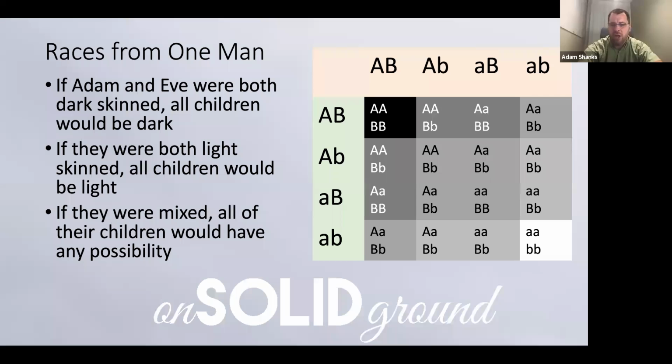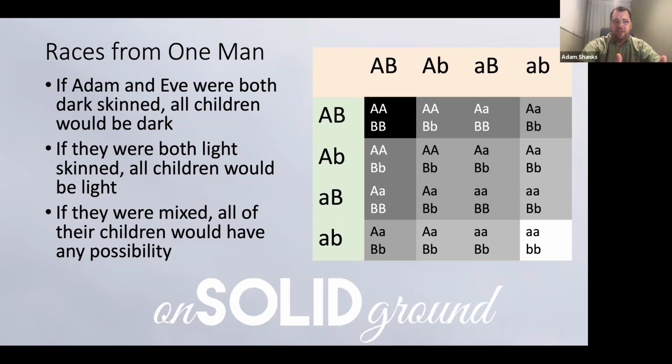Race is somewhat similar to that. We are all human. That's just the simple answer that God gives us. We are all human. We are not different species. We are not incredibly different from each other. We just have different physical characteristics. And so within the human species, within our humankind, we can have a lot of different colors of people, but we are essentially all the same.